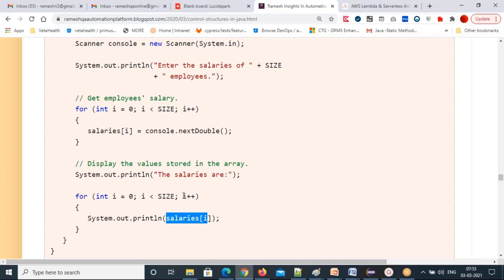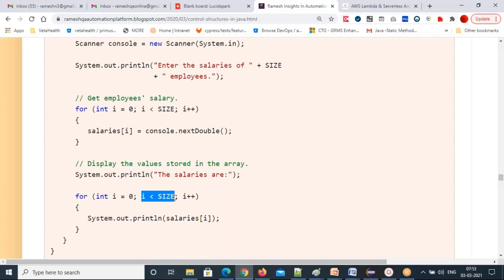Then 3 plus 1, 4. 4 less than 5 true, salaries of 4, the fifth element will print. Again 4 plus 1, 5. 5 less than 5 false. It doesn't come inside.